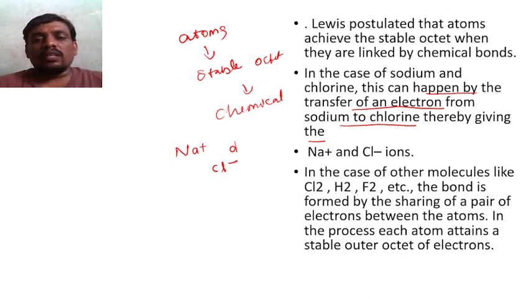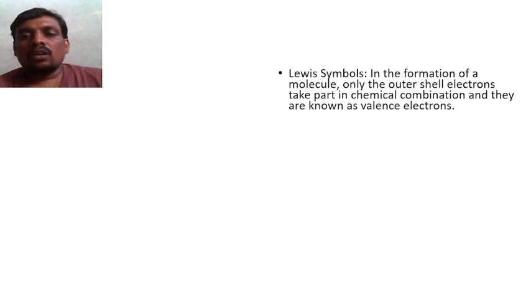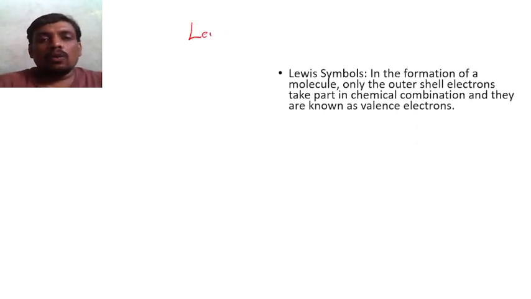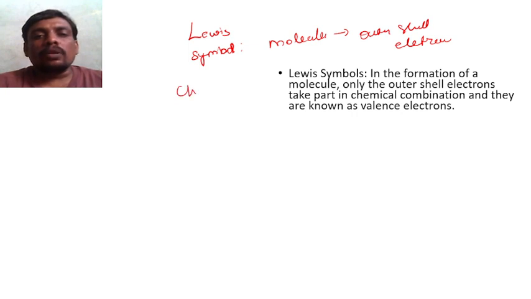Now, in the case of other molecules like Cl2, H2, F2, the bond is generally formed by the sharing of a pair of electrons between the atoms. In the process, each atom attains a stable outer octet of electrons. Finally, if you take a Lewis symbol, in the formation of a molecule, only the electrons that are present in the outer shell take part in the chemical combination,